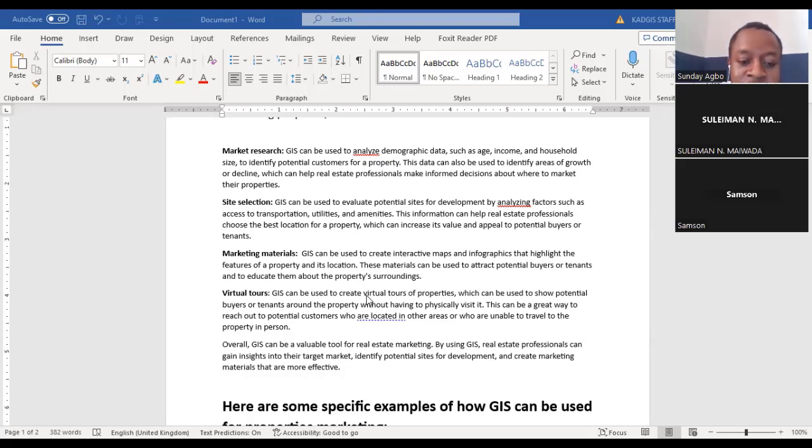Okay, now this GIS can be used to create a visual tour of a property. The tour is what we mean by the simulations, the movement. You do the visualization, the real movement of the property. You show your tenant or your potential customers everything about that particular property, which can be used to show potential buyers or tenants around the property without having a physical